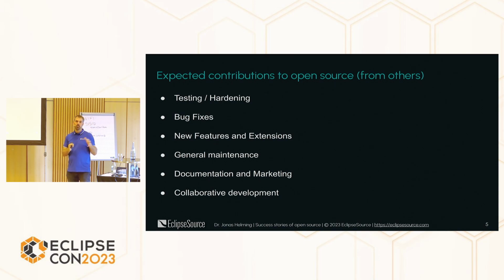They don't necessarily need to contribute something in terms of code, but if they just use it, they will find corner cases, they will find failures, and if they report them, that's already a good contribution. Of course, we would like that other people not only report bugs, but also fix them. We would like other people to contribute features and extensions, to contribute to the general maintenance, but also to meta artifacts like documentation, marketing of the